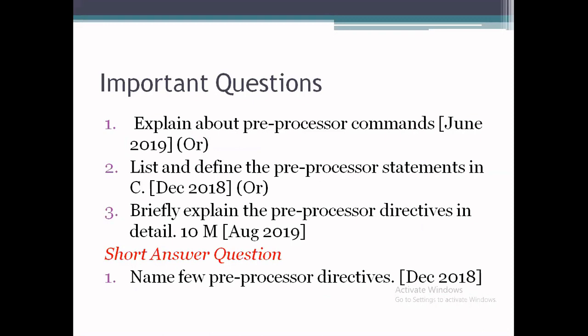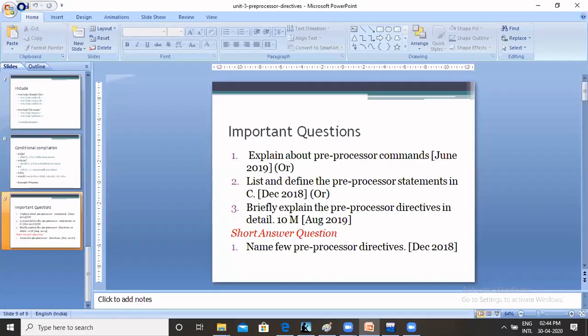So in that way, we have finished the first part of the third unit. Okay, next we can